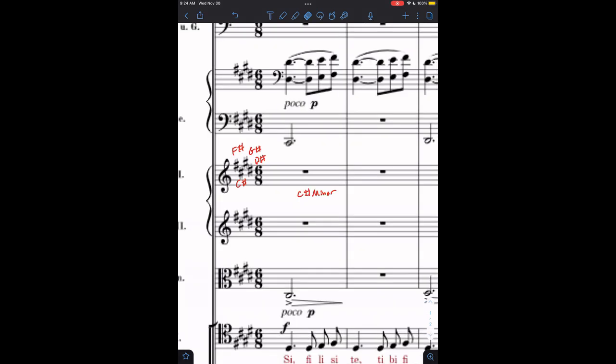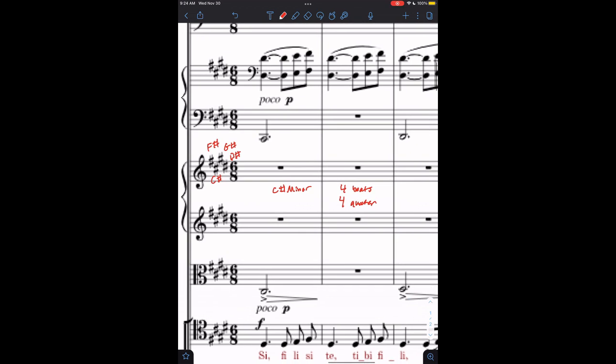The next thing that I want to check out is going to be the time signature, which is going to be at 6/8 over here. Now this is going to be pretty interesting when it comes to a gameplay aspect. So here's why. Most contemporary pop music that we're going to be looking at is going to be in 4/4 time. So that's going to be 4 beats with every beat being a quarter note. All right. Well, if we look at 6/8, we're going to have 6 beats with each one being an 8th